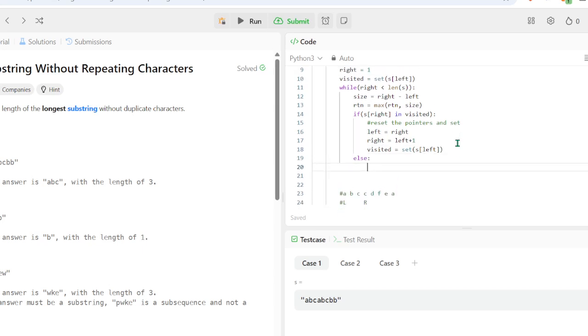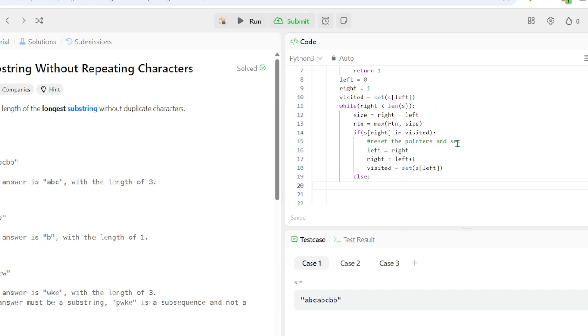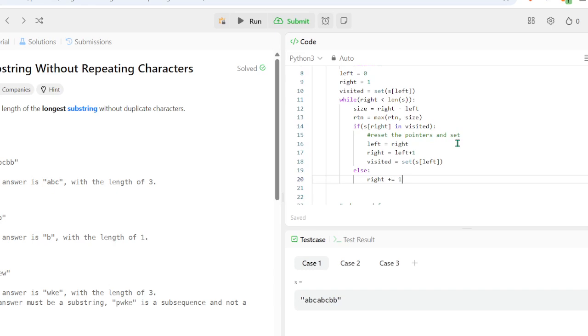Else, if it's not in the visited set, let's increment right. And then, or before we increment right, we need to do visited.add S right.